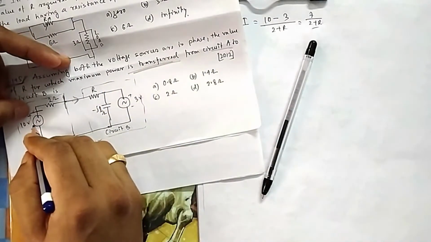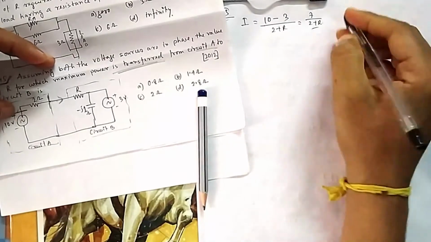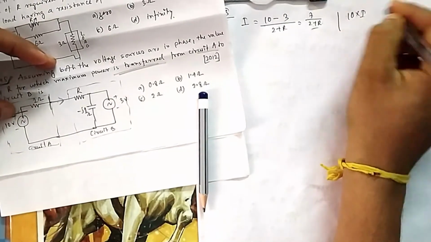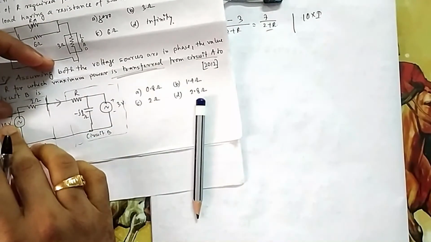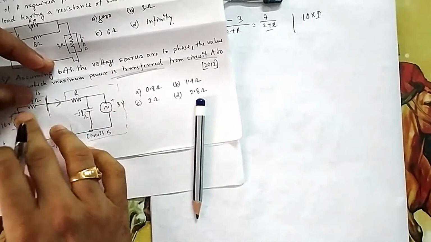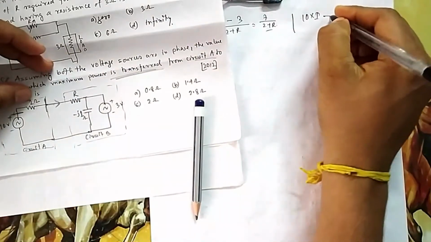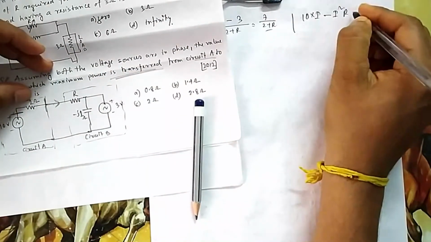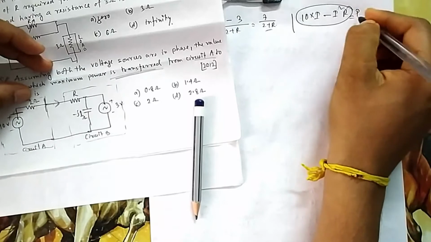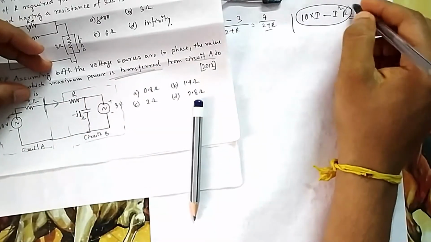So if you multiply 10 with I, that is also okay, you can do it as 10 into I. But this power is the power delivered by this source. This is not transferred. From this power, some power has been lost here, and the remaining power is transferred. So if you do this one, then you have to do this also. This is the power transfer. So they are asking to maximize this one, I will differentiate this one.